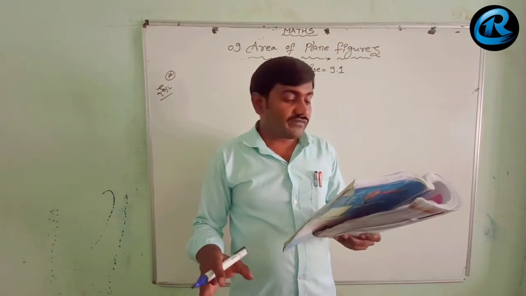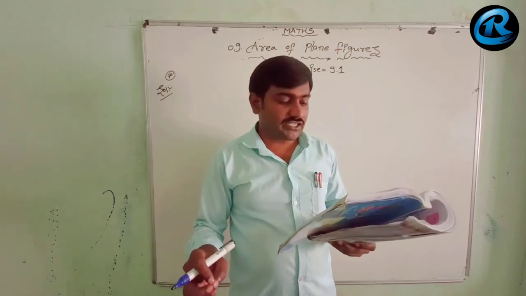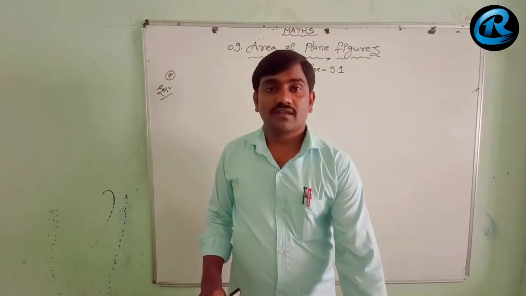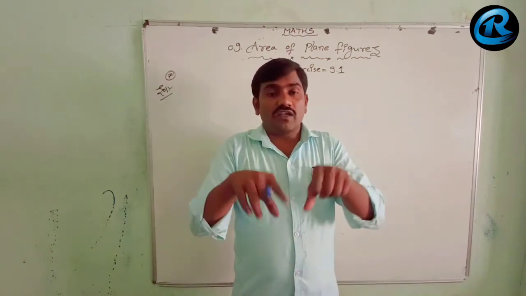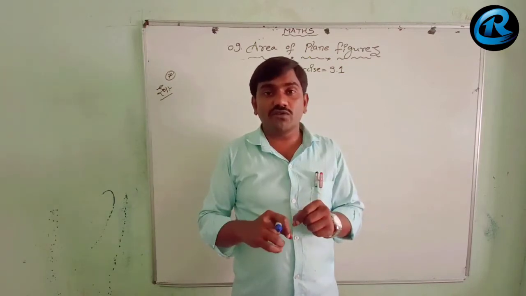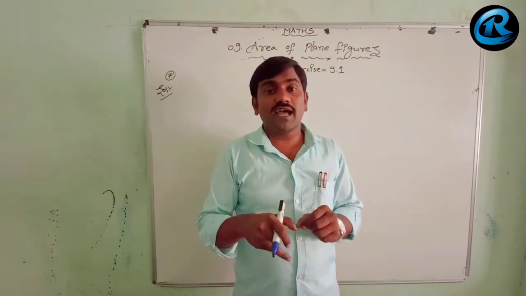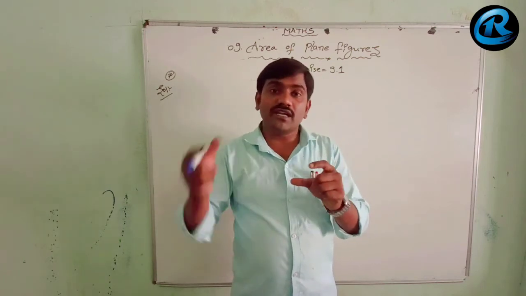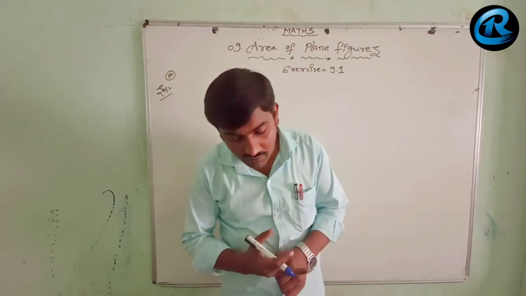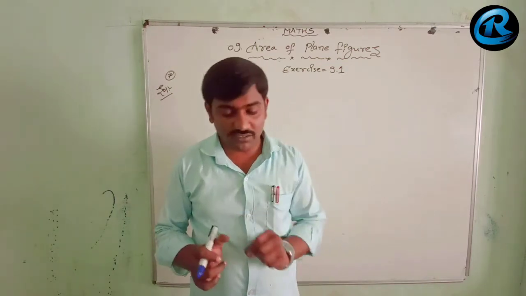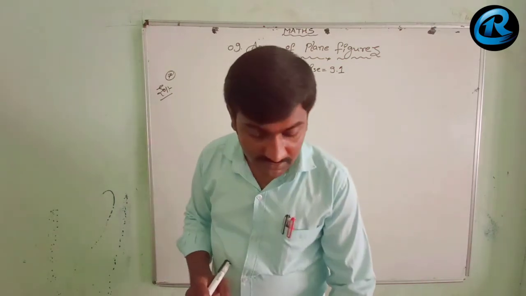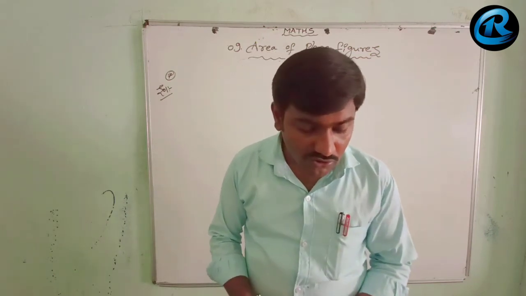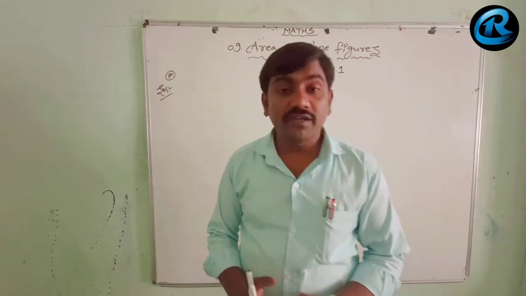So each of the diagonals are 45 centimeter and 30 centimeter length. Every tile is in the shape of a rhombus. The diagonals of each and every tile are 45 centimeters and 30 centimeters. Find the total cost of flooring if each tile cost rupees 20 per meter square.